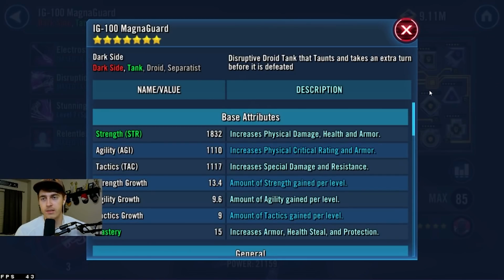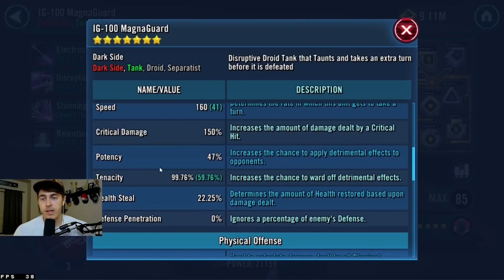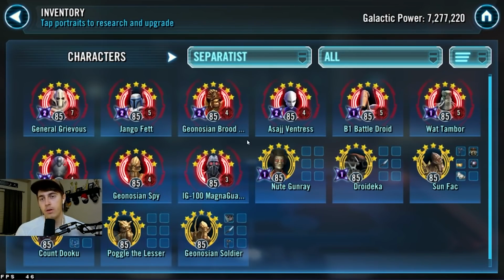This is his Magna Guard. Nothing crazy, no like 60 mods or anything, but it still gets the job done, guys. A bit more tenacity there. Like I said, you get some more from the Droid Battalion. You start off with 100, and half of that, rather, it's like 0.5, and 0.5 of 100 is like 50% tenacity, so you're going to have a lot of tenacity off the bat,